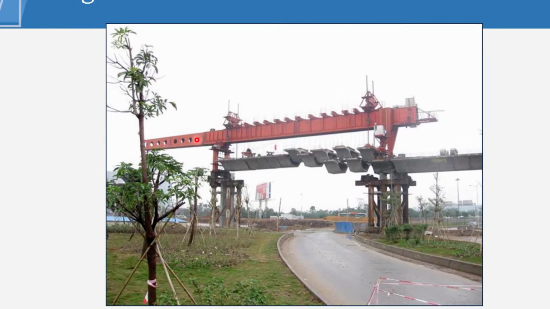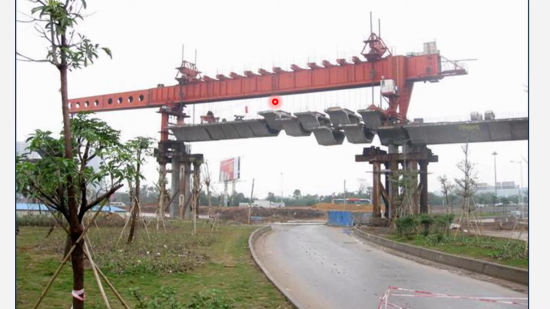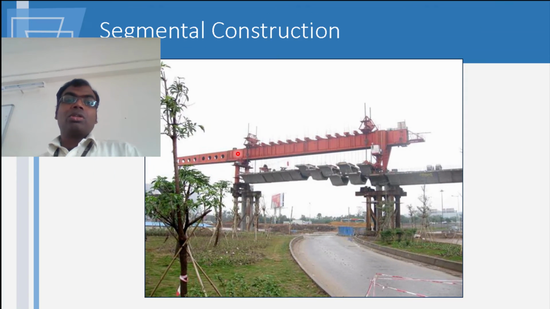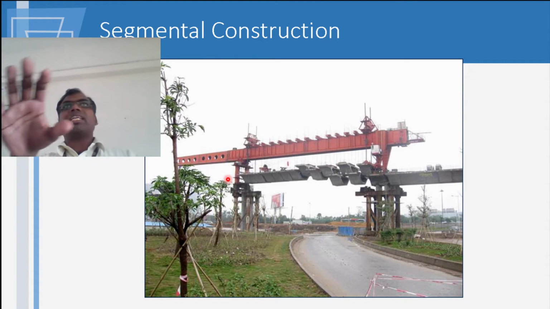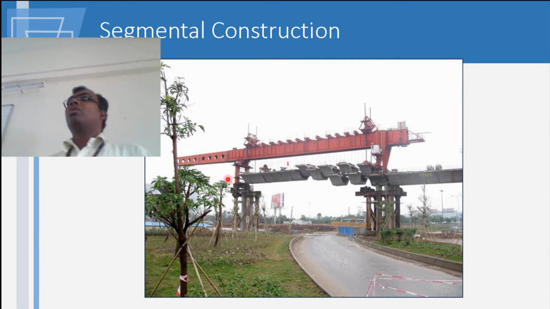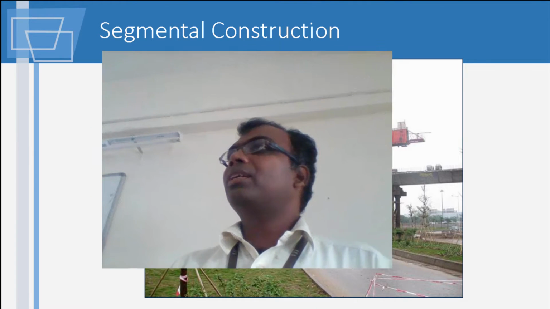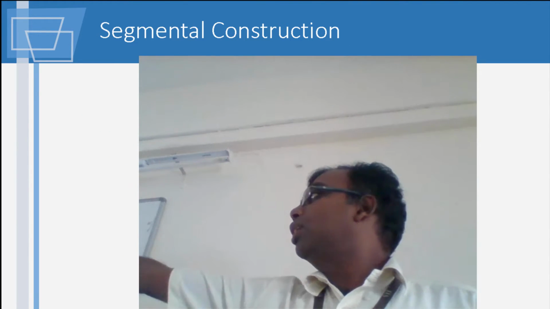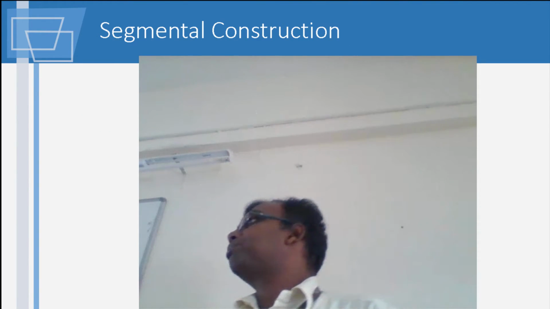So this is a view of the launching girder. In Chennai near Adambakkam, one of these launching girders fell down. It killed one or two people. So they stopped the work. Now what happened was, although the work had been asked to be stopped, in that construction site, till the police inquiry was done, people cannot do any work. So what happened? Just imagine, if suppose you are having, please come in here.